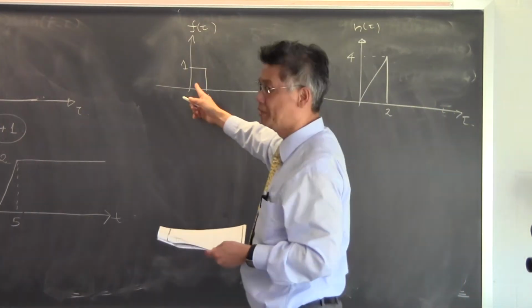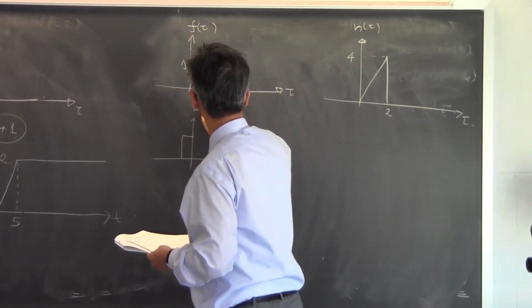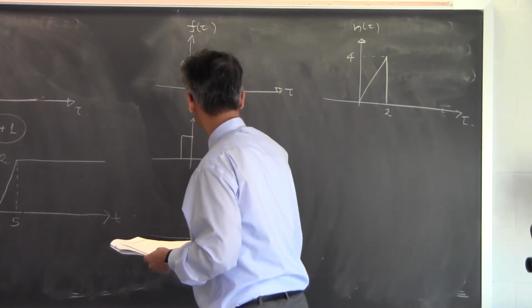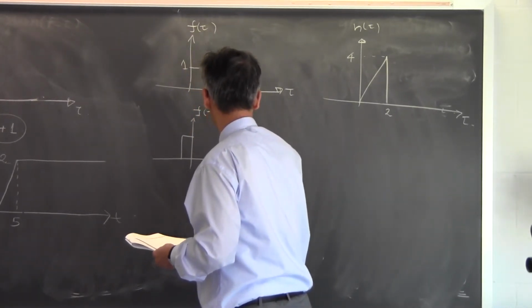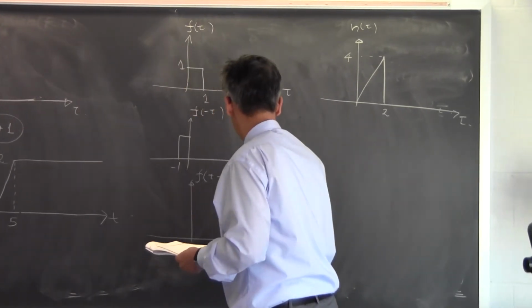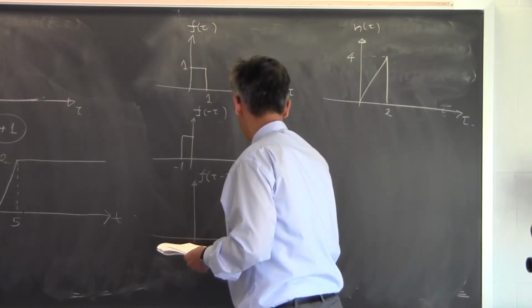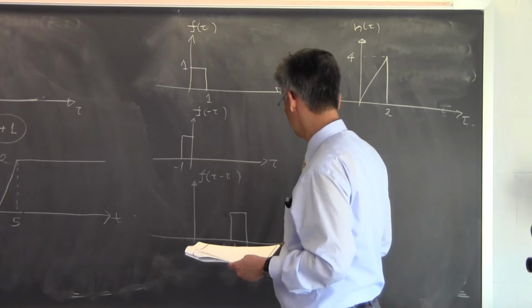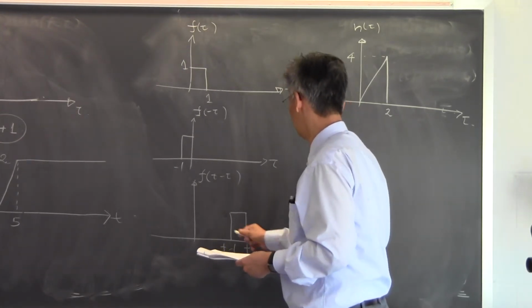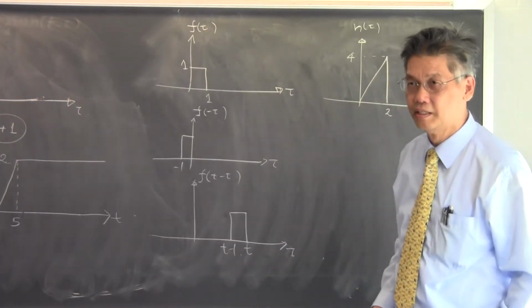One simple way is to flip this around. Flip this around, f of minus tau will look something like this. And then as you move this to the right, f of t minus tau will look something like that. This is minus 1. So this is something like t minus 1. Okay? This is tau. So f of t minus tau would be something like that, and we multiply these two functions together and then